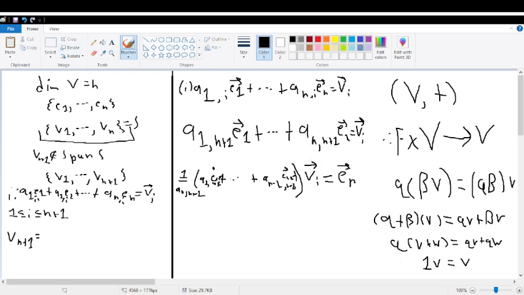Oh wait, actually this is included in the brackets. Excuse me, I'm being a bit silly right now. So this is included in that, right? Which allows us to, from here, first of all, this number is non-zero. So we can go back to all the previous equations and make, so we have n total equations, so then we can make n minus 1 total equations, where it's of the form, oh gosh,